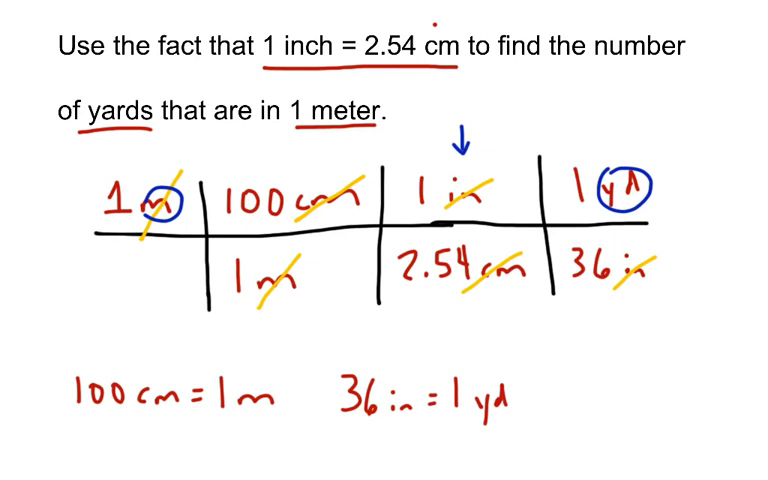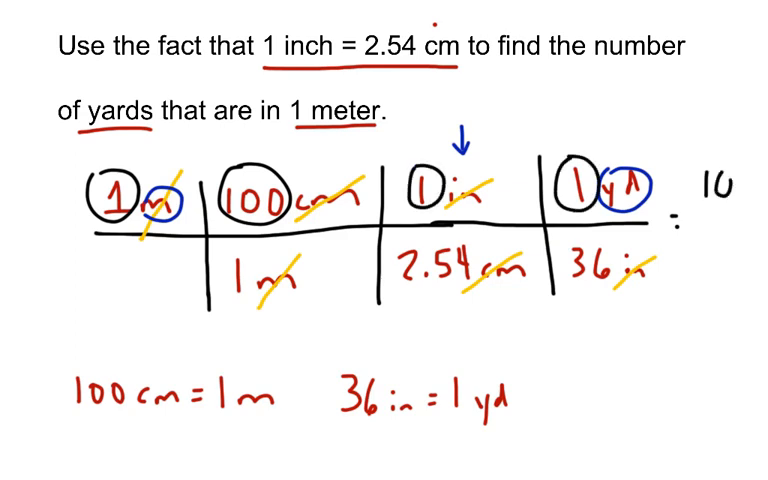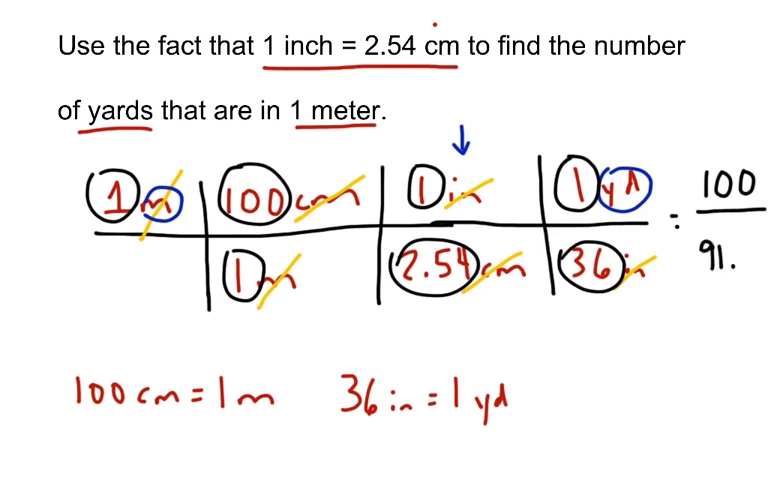I'm going to multiply all the numbers that are in the top. 1 times 100 times 1 times 1. Well, I can do that one. That's going to be 100. Then across the bottom, I'm going to multiply 1 times 2.54 times 36, and that's 91.44. And then my last step here is to go ahead and divide 100 divided by 91.44,